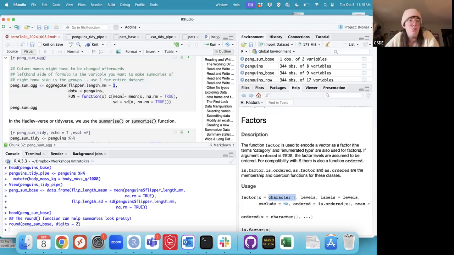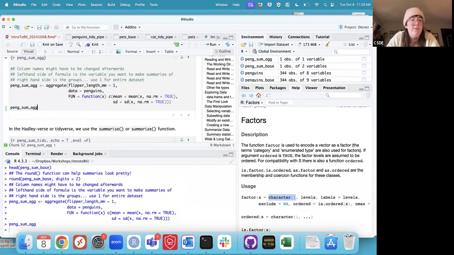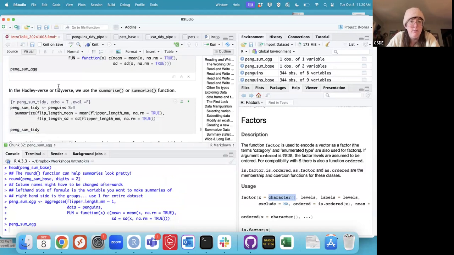So if we don't want to do grouping, if we want to do it for the whole data set, we'll just put a 1. We tell it what data we want, and then we have to write out this list of functions of all of the summaries we want to do as a function argument. So here, I want to report the mean and the standard deviation for everything I put on the left-hand side, okay? And I write this as a function of x, so that's why I have an x here in my mean. Now, if I print this out, whoops,